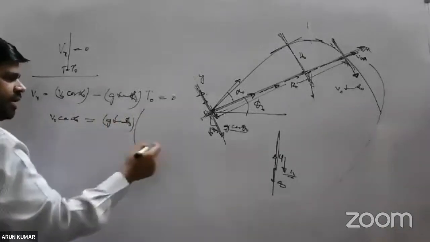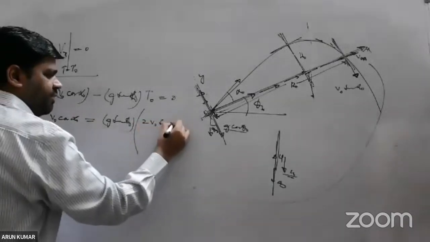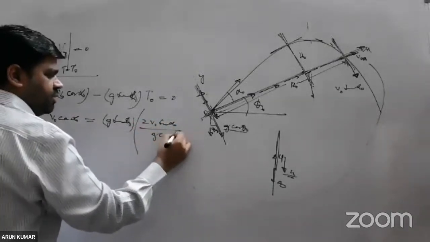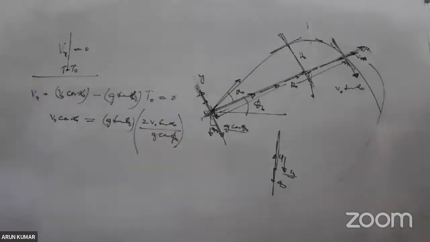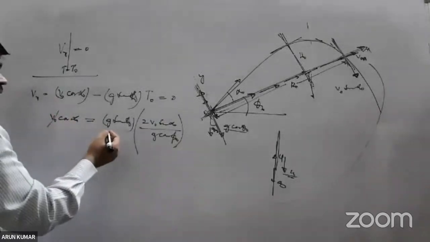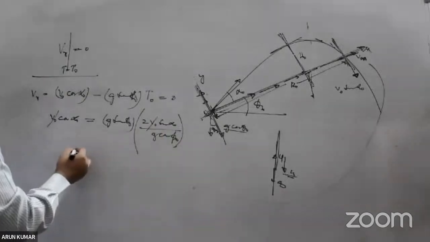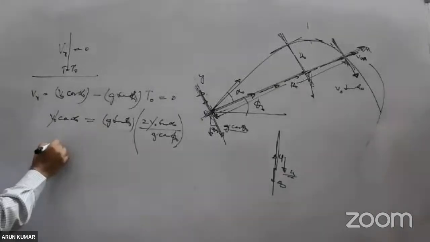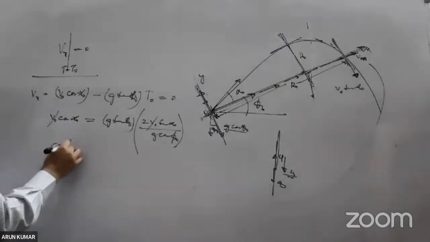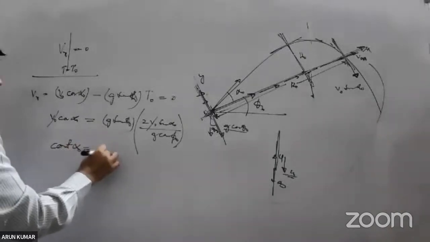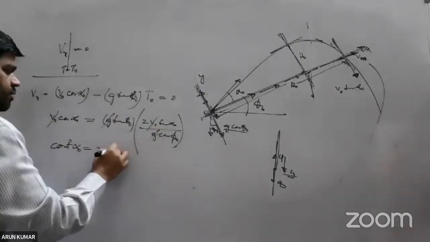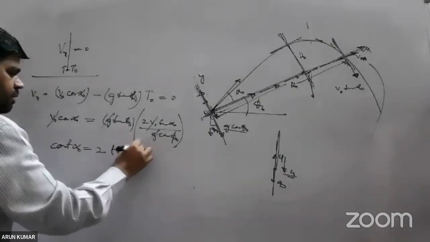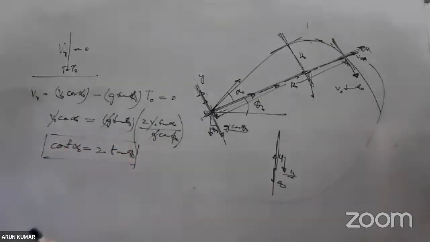What is the time of flight? 2u by a, which is 2 v naught sine alpha naught by g cos theta naught. So v naught gets cancelled out. So I have the condition g tan theta cot alpha is equal to 2 tan theta. This condition you don't have to remember, but whenever he says it is going to hit perpendicularly,